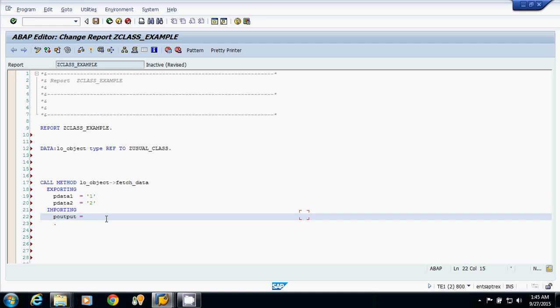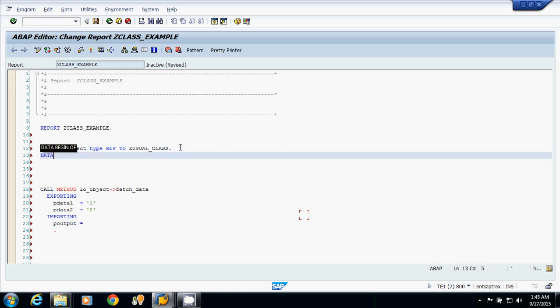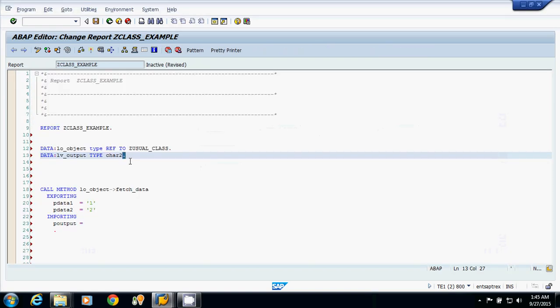Now I will declare one variable which will store the output. lv underscore output is my local variable which stores the output. Suppose it is of type character 3.